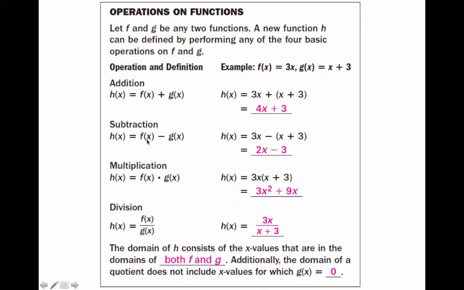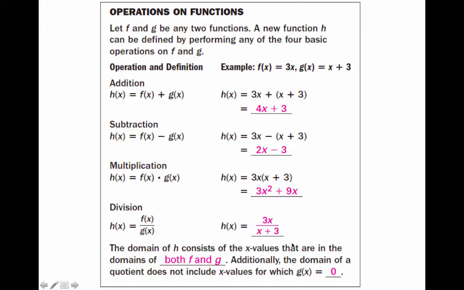For subtracting, similar idea. F of x is still 3x. G of x is still x plus 3. So when we do 3x minus all of x plus 3, we would distribute the minus. 3x minus x is 2x, and then the negative would be distributed to the 3, so we have 2x minus 3. For multiplication, f of x times g of x is going to be 3x times x plus 3, and so we distribute the 3x to get 3x squared plus 9x. For division, we just do f of x, just 3x, divided by x plus 3, and we just leave it